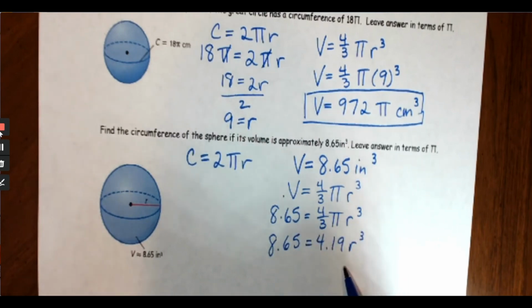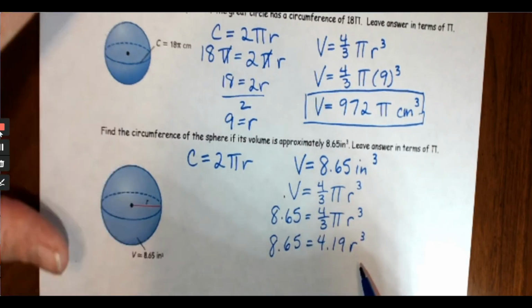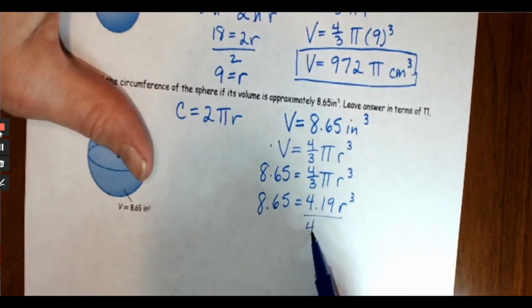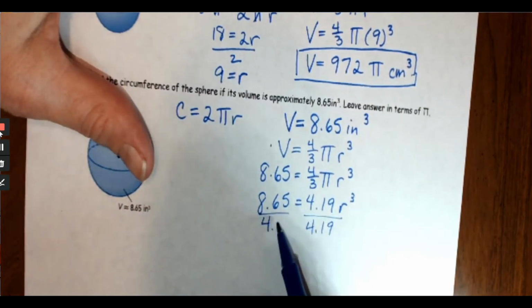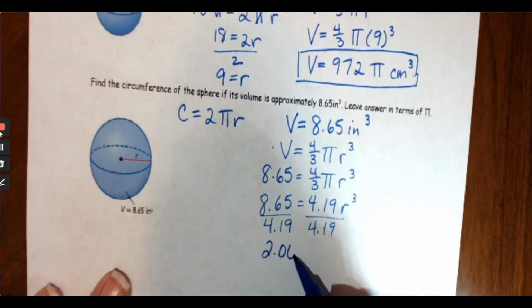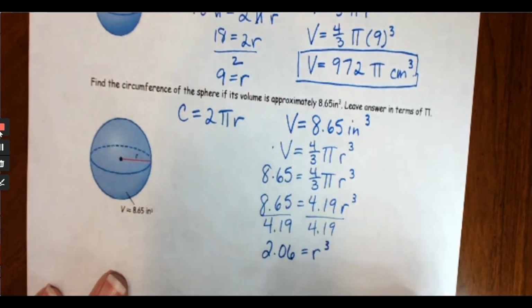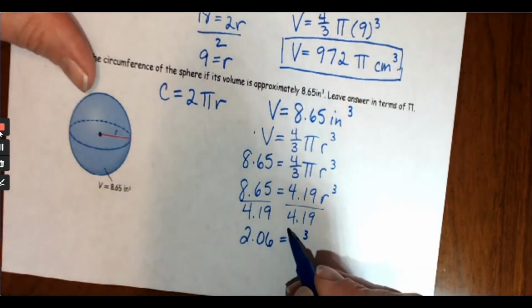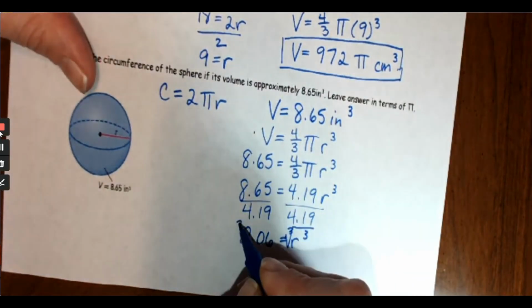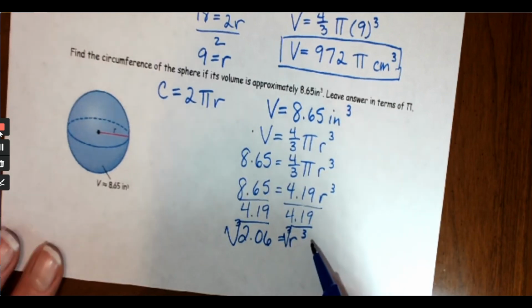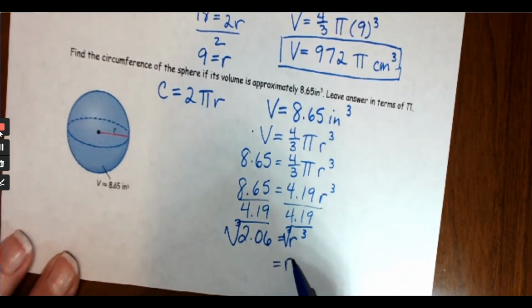r cubed. Now, to get the r by itself, first I have to get the r cubed by itself. So I'm going to divide both sides by 4.19. And I get 2.06 is equal to r cubed. Now, to undo a cube, we know we need to take the cube root of it. We can also do that in our calculator. You can hit the math button, and it will give you a drop-down menu, and you'll have a cube root option. And so r is equal to